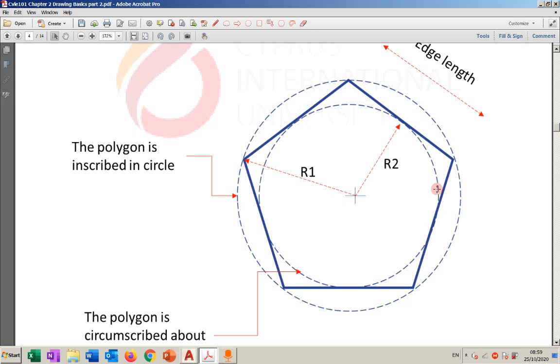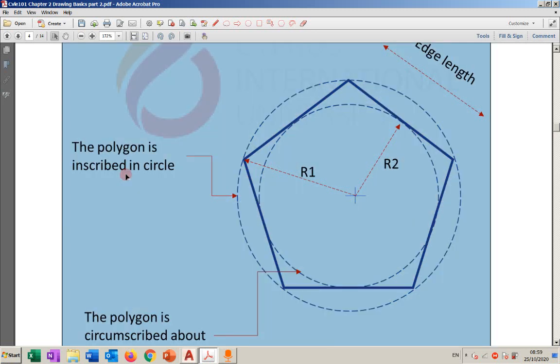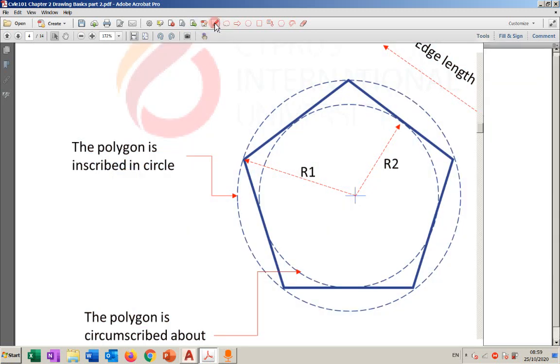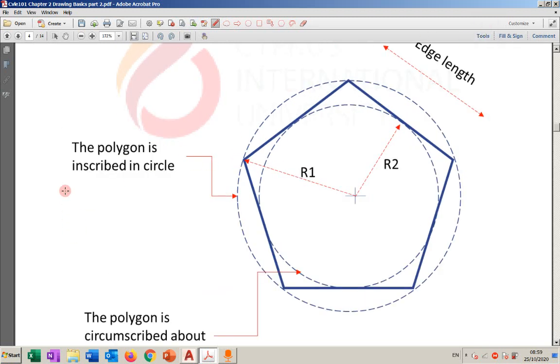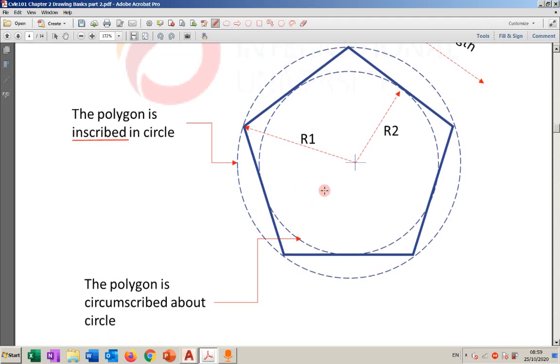Now, what do we call those two methods? When the circle is passing through the corner points, we say that the polygon is inscribed in the circle. It's inside the circle. Inscribed in circle, this is what we say. When we want to draw a polygon with a circle which is inside the polygon,